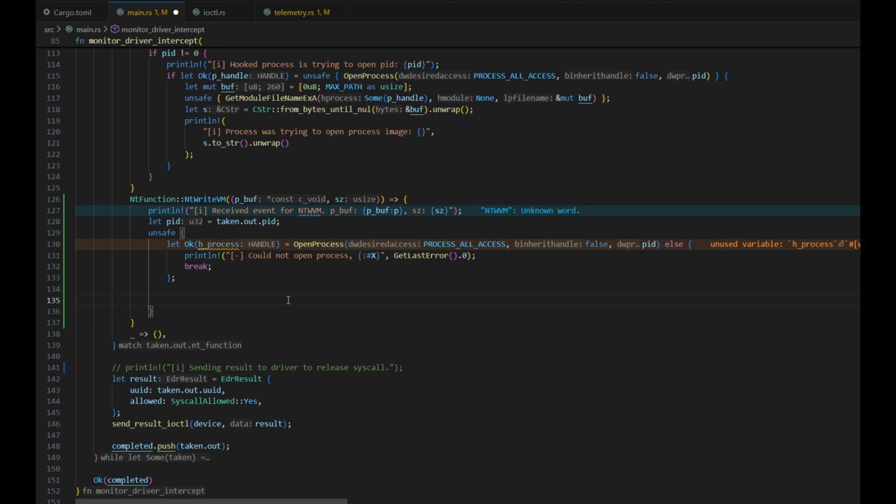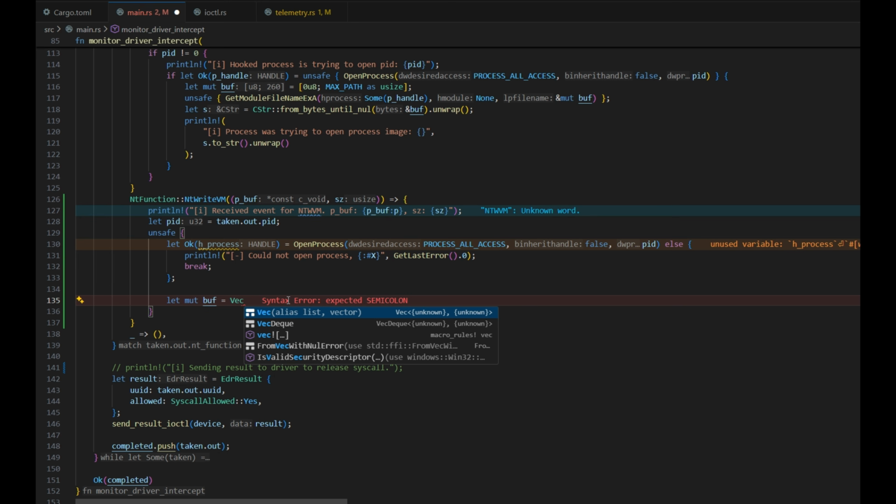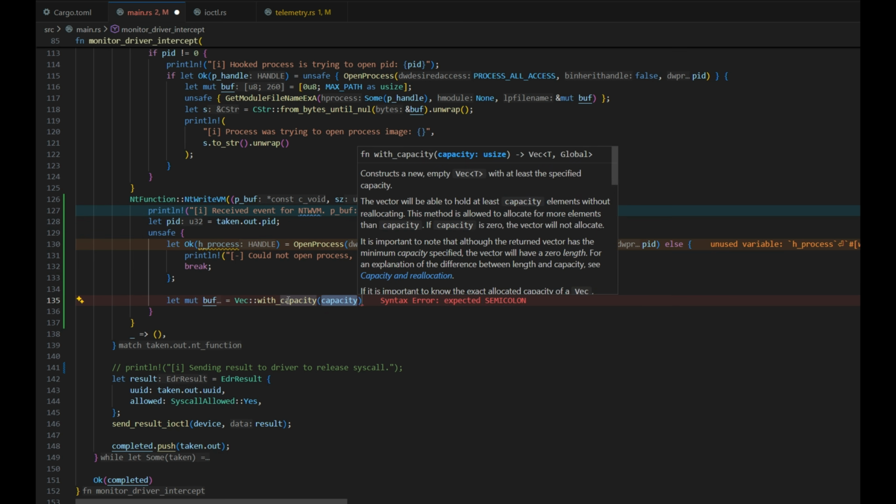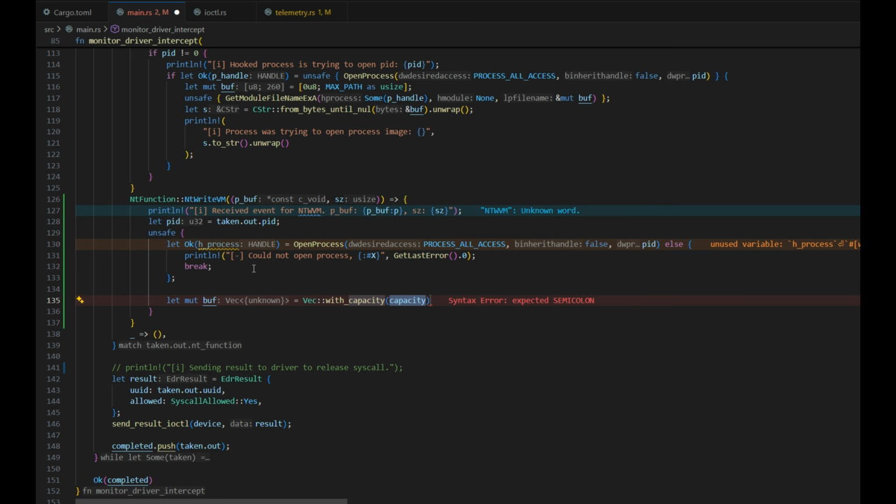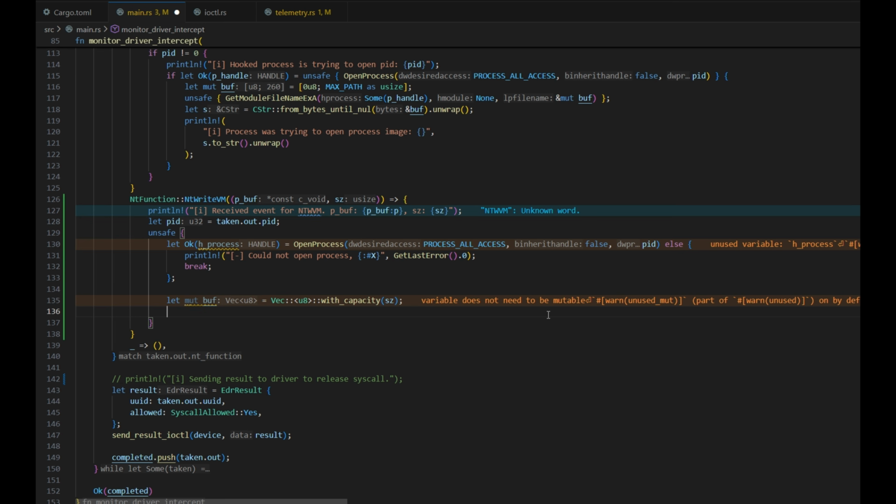So we'll make a buffer. So we'll do this as a vector. So we'll say let buff, that'll have to be mutable. So let mut buff equals vec, and we'll do with capacity, because we know the size, because it's here. So we can say with capacity size, and that's going to be a vec of U8s, so a vec of bytes, and we can use the turbofish syntax there. So let's say we'll probably handle the error for this as well, because I think we want to be more careful in the EDR application. So we'll just say let result equals read